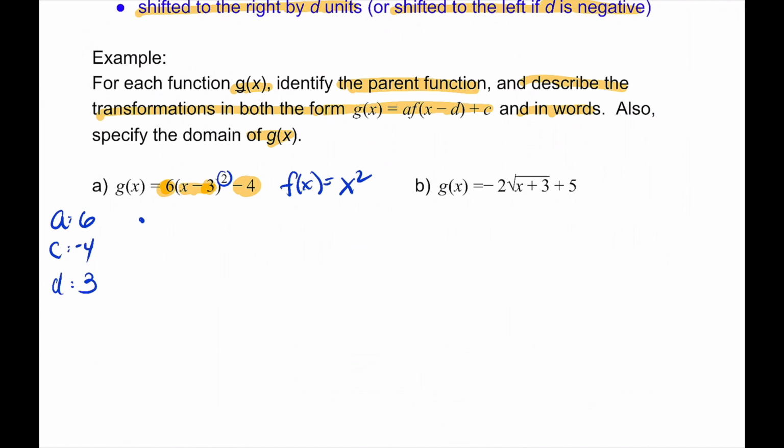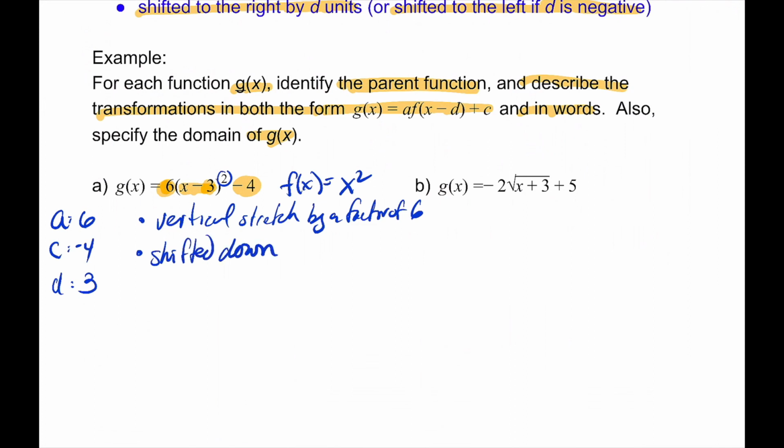So because a is 6, it's greater than 1, so we're going to have a vertical stretch by a factor of 6. A is positive, so there's no reflection, so we're not going to mention that. I'm going to mention my shifts in one sentence, so this is shifted down in this case, and C is negative, by 4 units. And here D is positive, so to the right 3 units. Okay, so there it is in